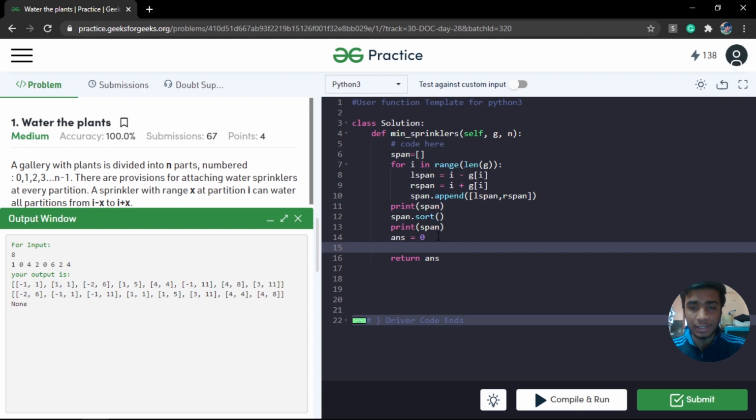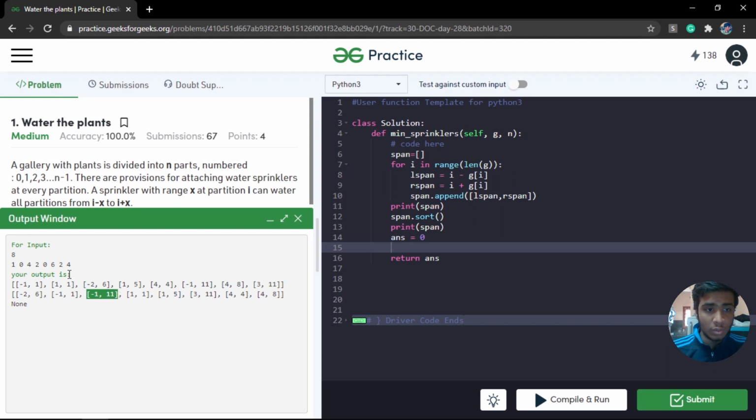So we are going to initialize a target, and we're going to initialize a pointer, and this pointer is going to move such that it is going to find a sprinkler which is going to satisfy our target, and at the same time doing that, it is going to choose a sprinkler which is going to put me farthest to the right. So in our case, our initial target is going to be 0, so it is going to search all the nodes which satisfy the target 0. So all these three nodes, right, their left is less than 0, so they satisfy the target. But from all these three, the maximum range on the right side is going to be at 11, right? So this is going to choose my sprinkler, and it is going to turn that on.